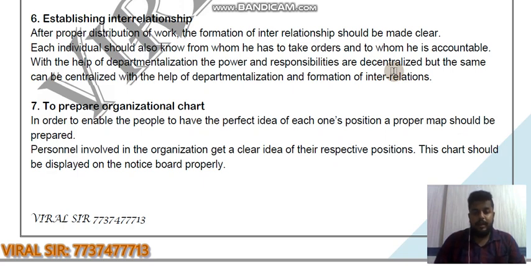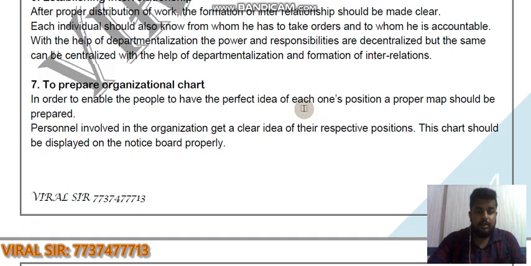Commerce students regarding the class environment will take orders from the teachers teaching in the class, or the class teachers, and they are accountable to the same teachers. For teachers like us, we will be giving orders to you, and we will be taking orders from higher authorities like principal, director, or management. Okay, so this is the chain. Everyone should know to whom they are accountable and from whom they will be taking orders. Clear?